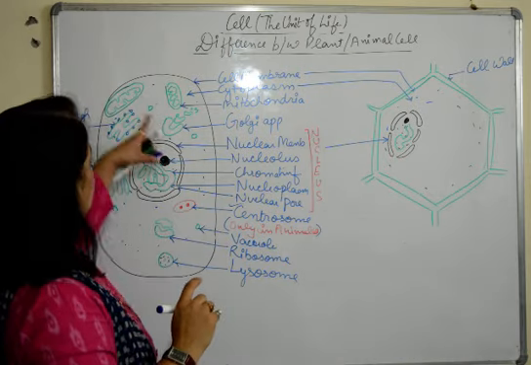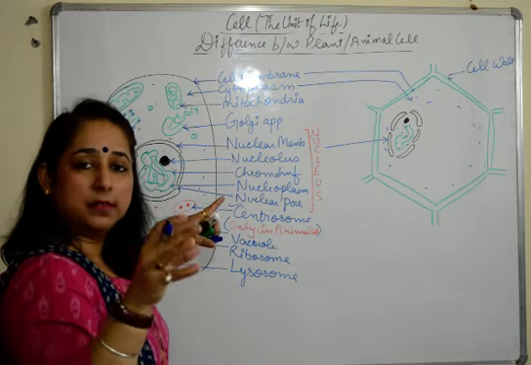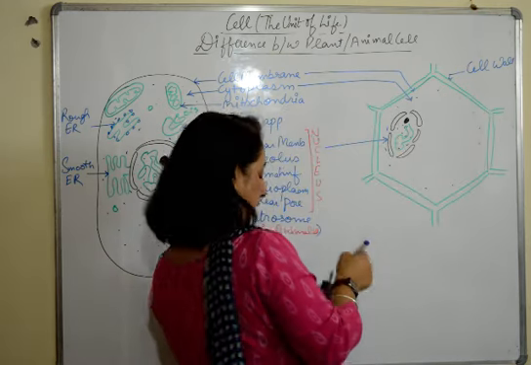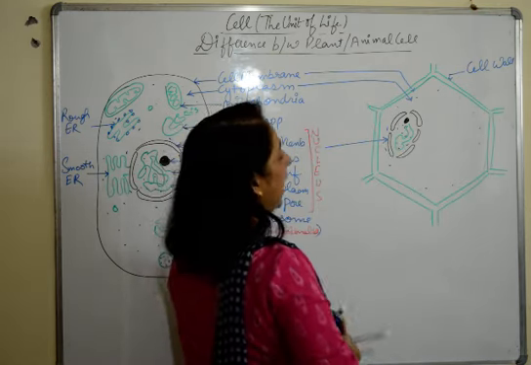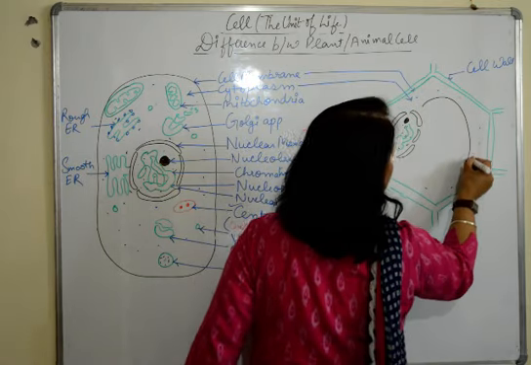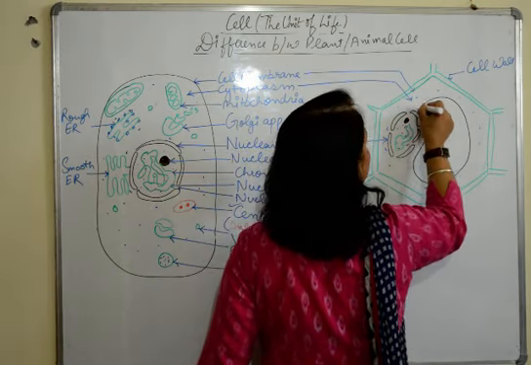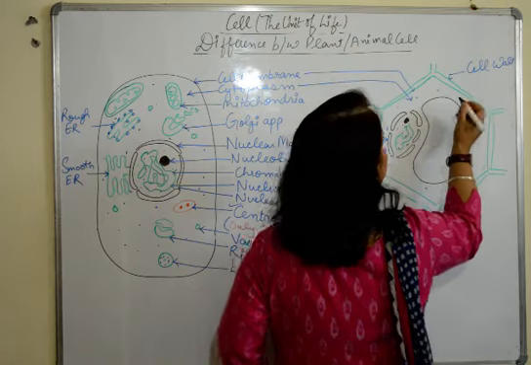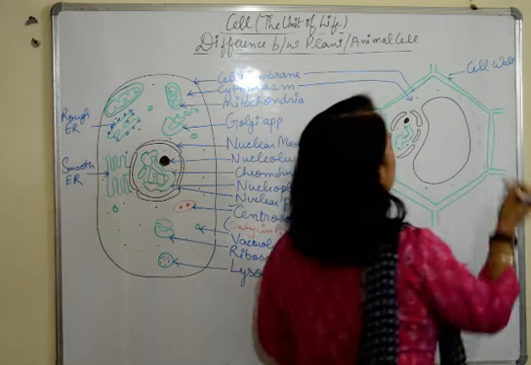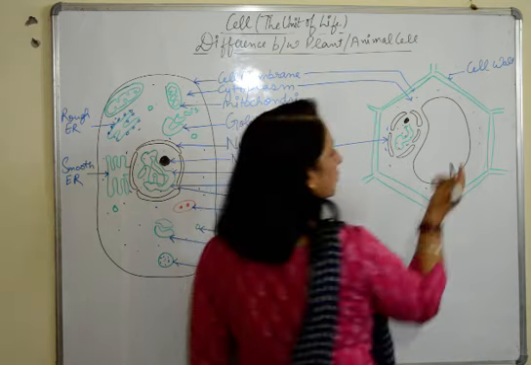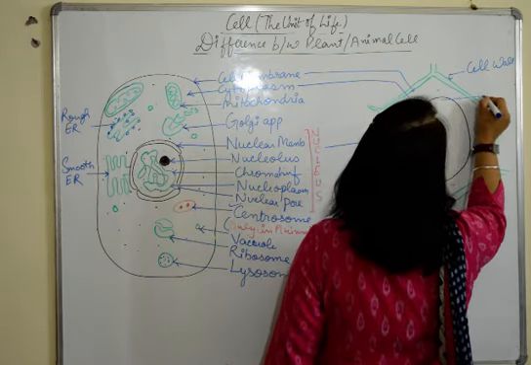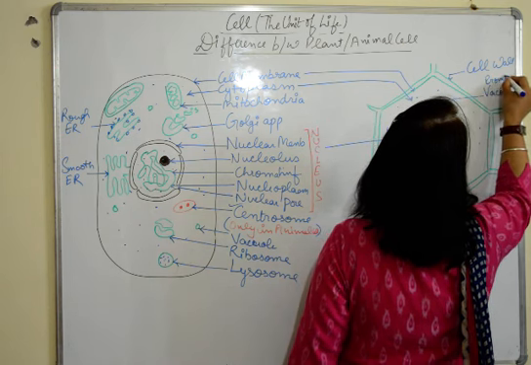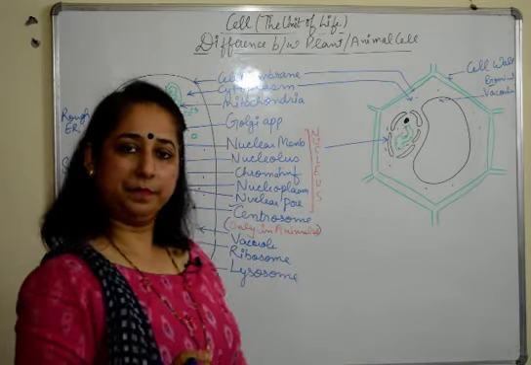Now we had vacuoles here, very scanty, scattered, small vacuoles. In the plant cells, a very significant organelle is a vacuole, a very large, prominent vacuole which shrinks the nucleus to one side, and this is a very significant feature of the plant cell. It also helps the plant cell to get a very rigid shape. So we'll label it here. It's a very prominent, large vacuole. Fine.